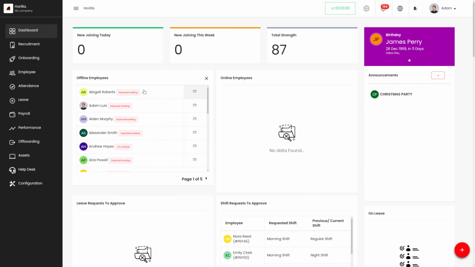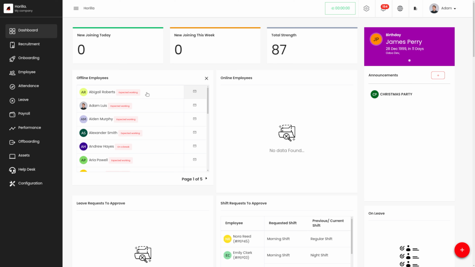In today's video, let's discuss the rotating work type. Horilla provides a user-friendly platform that allows the creation and management of rotating work types, enabling organizations to effectively schedule employees across different work types. In a company, the HR manager or the reporting manager of the employees will be able to assign rotating work types to the employees. So let's see how we can manage that in Horilla.